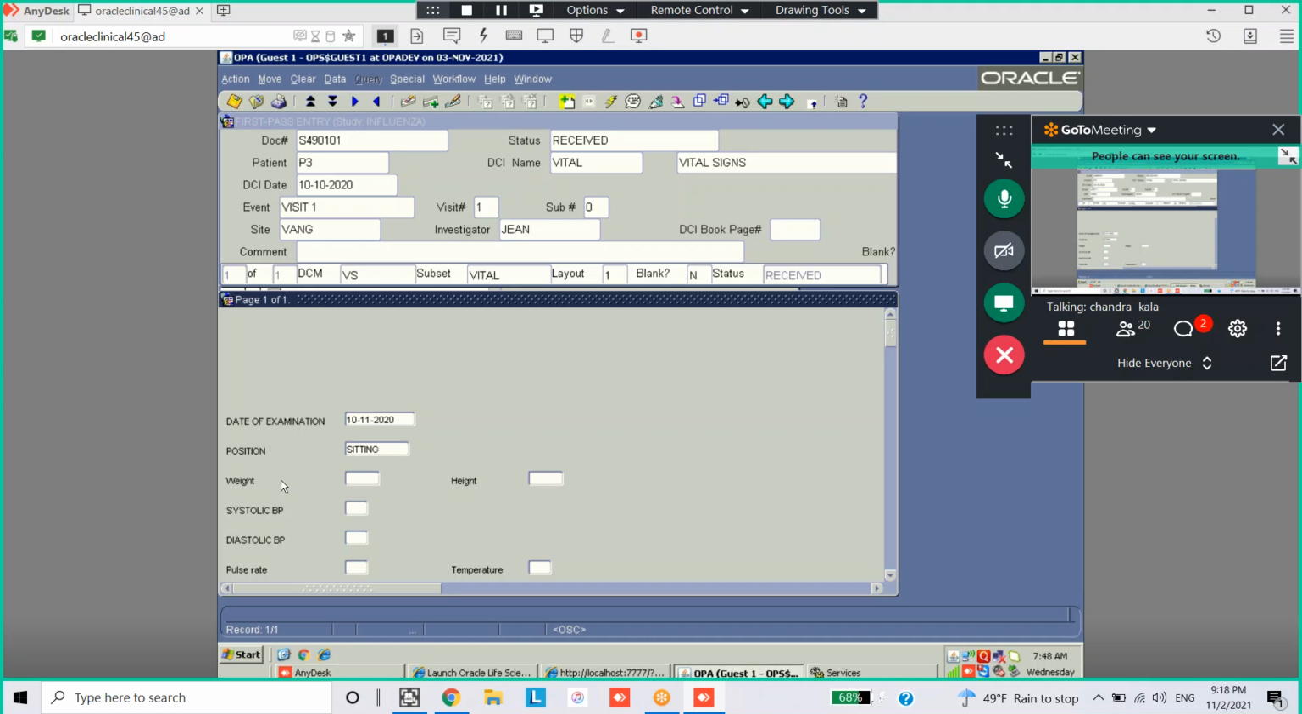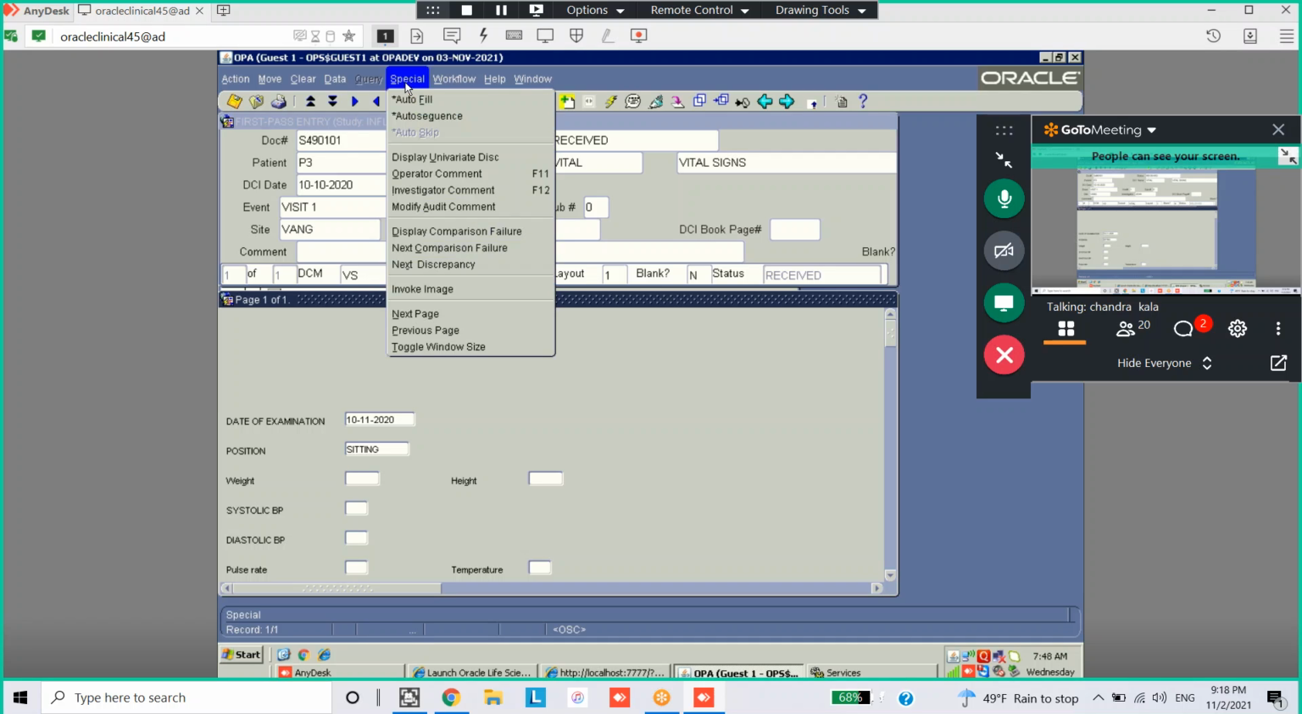Let's say weight is entered, but the units are not given. That is your question. Okay. What you do, you can go to special, do not enter. The 60 you can remove. Yeah. You can go to special,